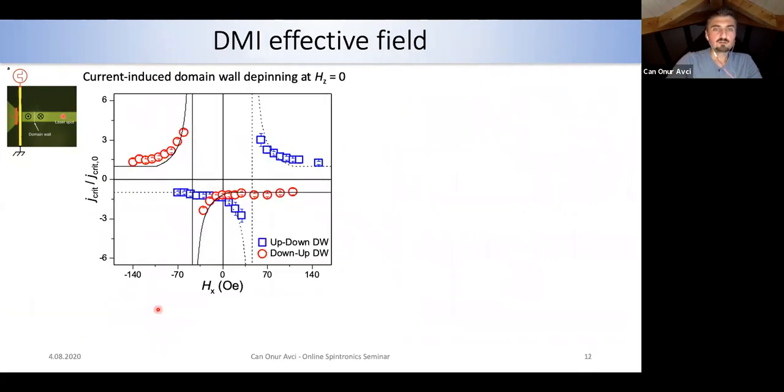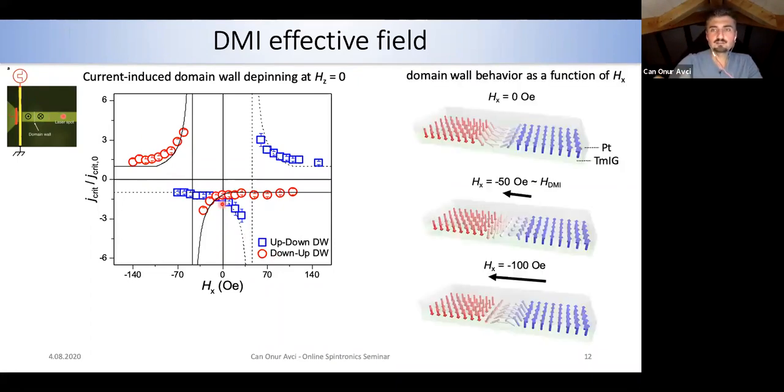Néel. To further confirm that, I did a similar but also different experiment, let's say, where I generated a domain wall here and I looked at the critical current to start moving this domain wall. So there's no out-of-plane field involved in this one. I'm just moving the domain wall purely by current. But while doing that, I also applied an in-plane field. So the in-plane field is going to do this, basically.